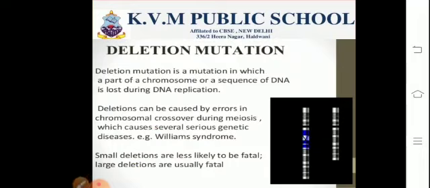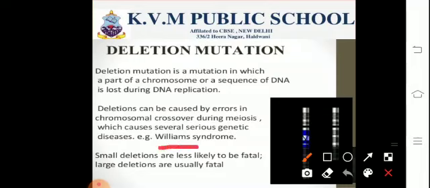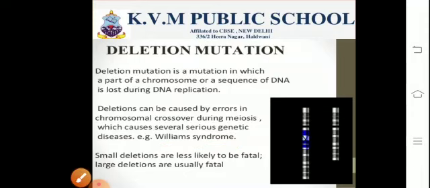Talking about the deletion mutation, which is again a type of gene mutation, it is caused by errors in chromosomal crossing over, which could also lead to diseases like Williams syndrome, which involves genic abnormality in a particular individual. It is seen that this blue colored depiction is not observed in the new chromosomal strand because it has been deleted, resulting in the formation of a chromosome with an altered sequence.